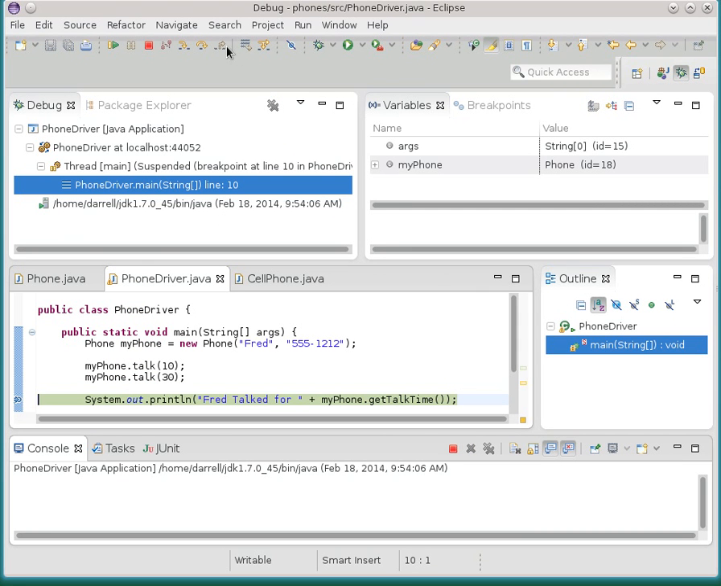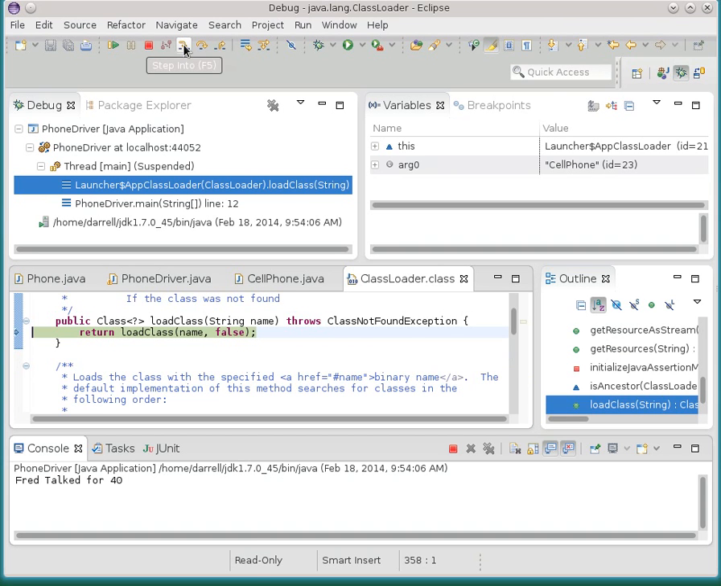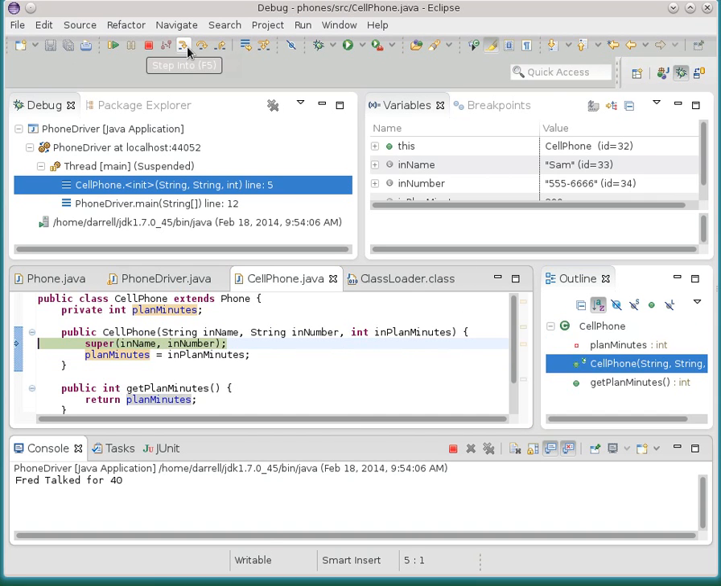I'm going to do a step over, and then I'm going to step into cell phone, and oh darn, you get stuck in something that you don't like. If I'm lucky, I can just do a step return and another step into. There we go. Okay. And so notice that what happened is that we're now in the cell phone constructor, and